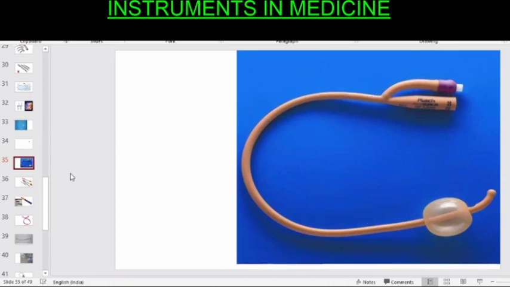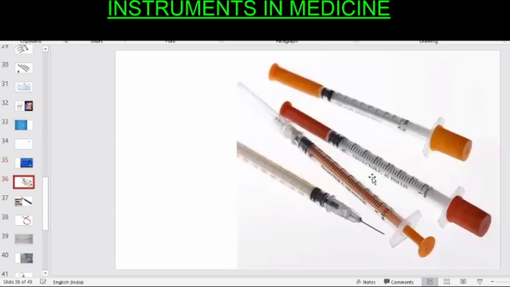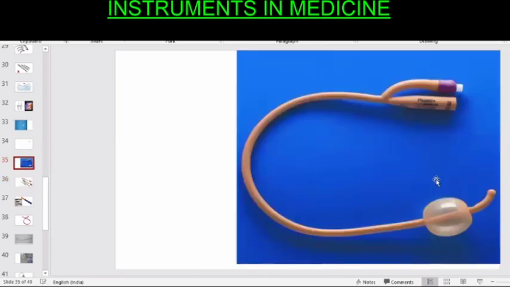Okay. So we finished Foley's catheter. Sir, in cases where we are giving excess saline and bursting the balloon, there could be a chance that some remains of the balloon could stay inside the bladder. This is done under USG guidance, sir. Or we can use a guide wire and burst the balloon.